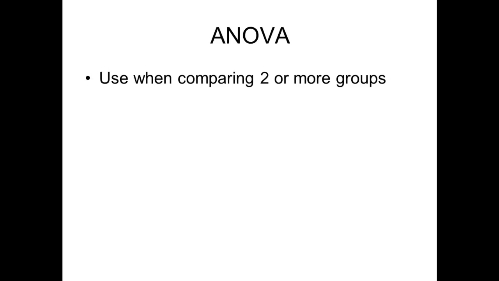We're now moving on to the analysis of variance statistics, which are often referred to as ANOVAs. An ANOVA is used when you're comparing two or more groups or two or more time points. Remember that the t-test can only handle two comparisons, group 1 and group 2, or time 1 and time 2. We can't do 3 groups or 4 groups or 5 groups, but the ANOVA can, so it allows us to